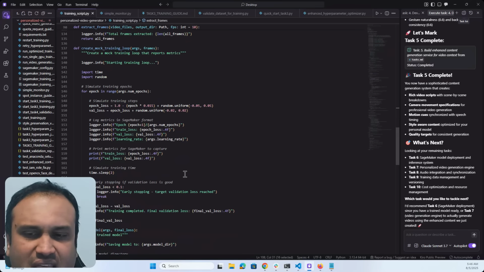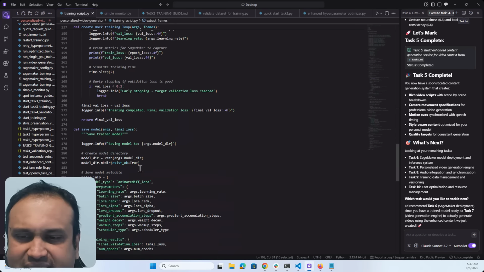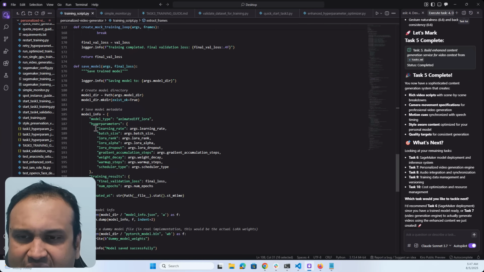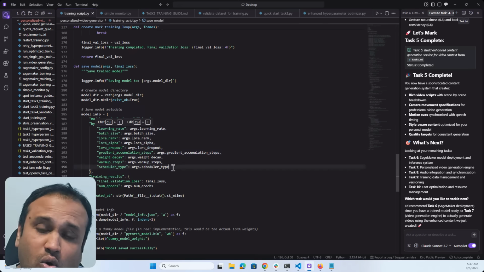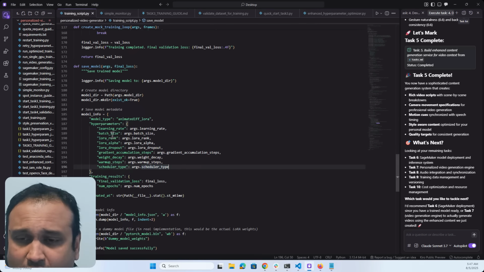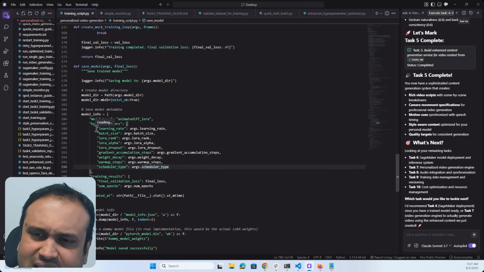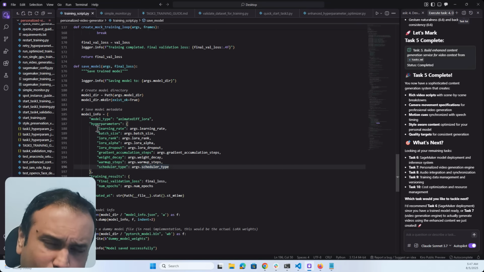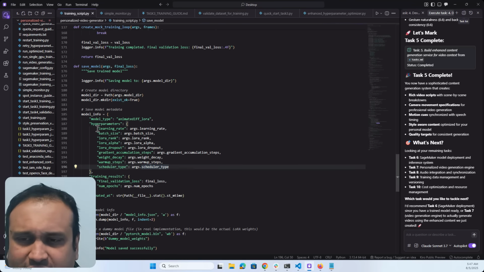And ultimately, I'm doing a regular training and validation and figuring out what the errors are like we normally do. And these are all the arguments that I have. I also have a hyperparameter optimizer so that it finds the optimal set of hyperparameters. At the end of the day, my validation loss came out to be 0.2, which I'm not super happy about, but I can deal with it.